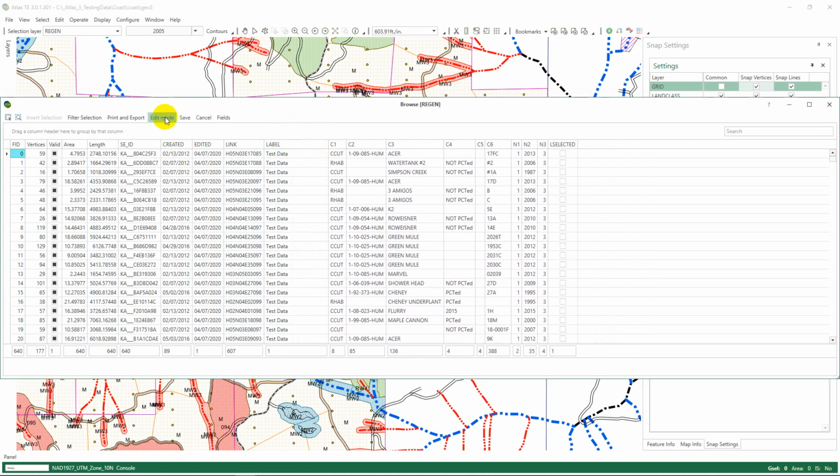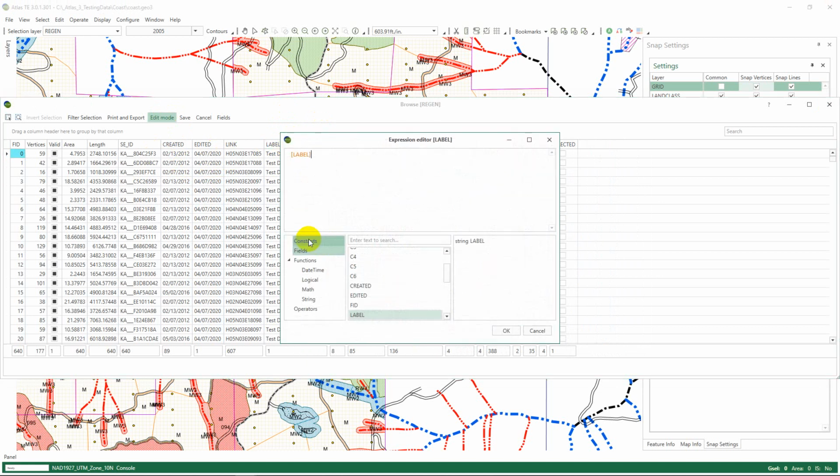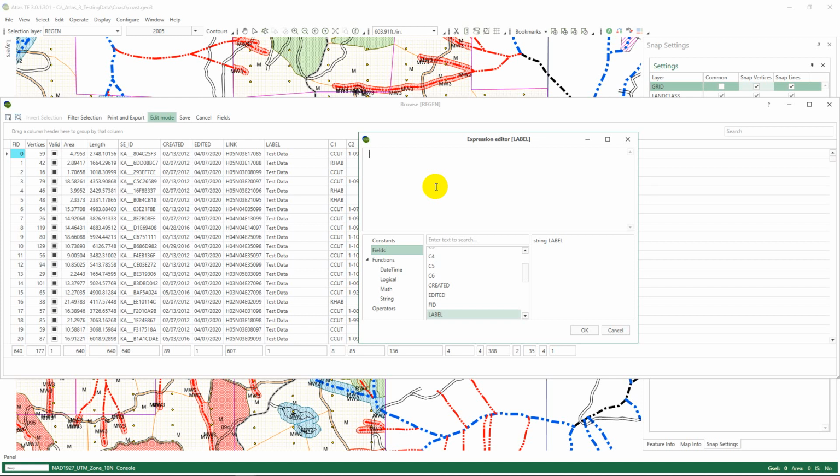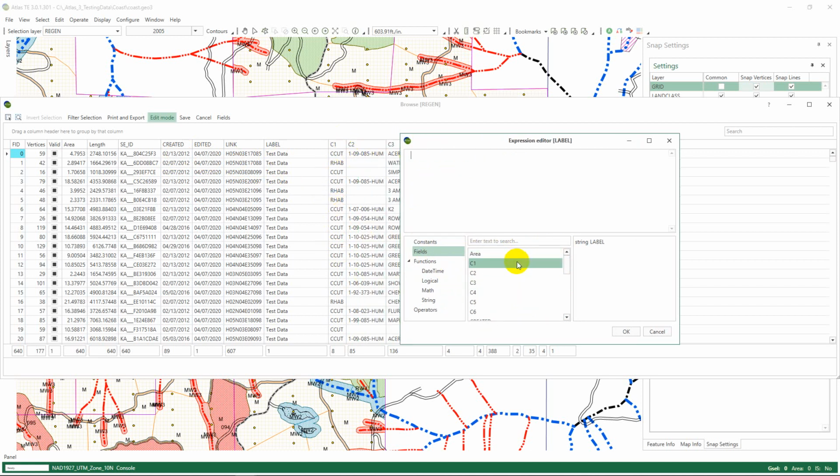Now let's do another one. Edit mode, go back into label, expression editor, delete this for now, and let's put another field in here. So we can go to our fields, and this shows all of the fields that are a part of our current table. Let's go with something simple where we just make a copy of another field. Let's go with C1. So you can double click on C1,